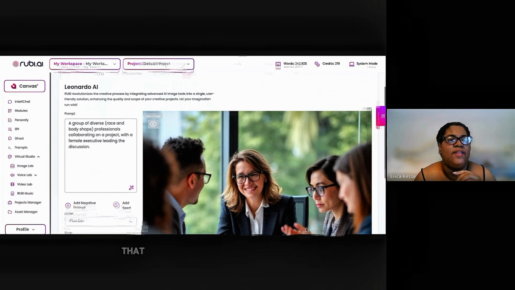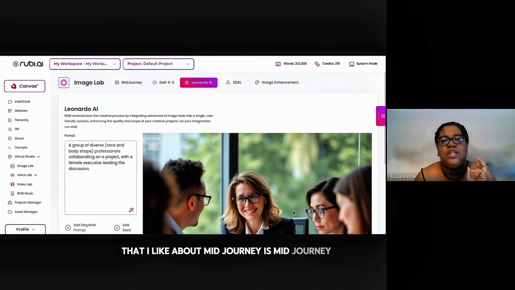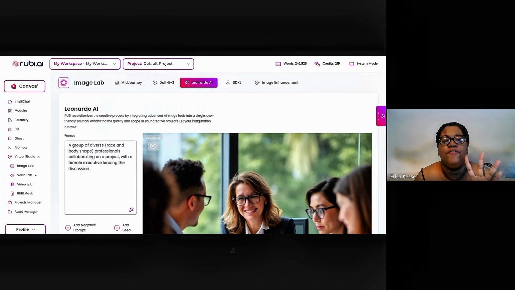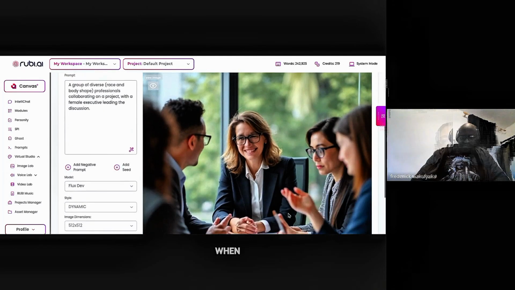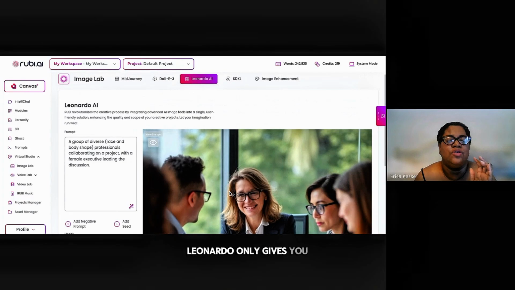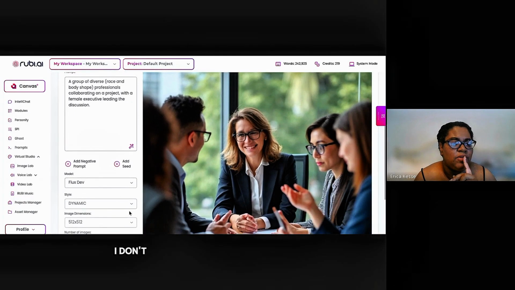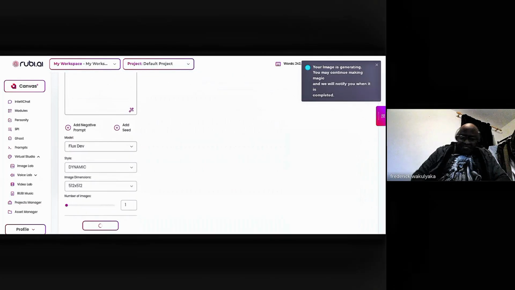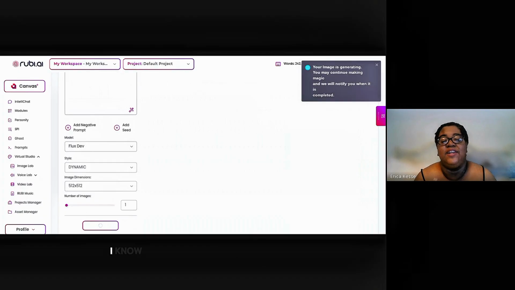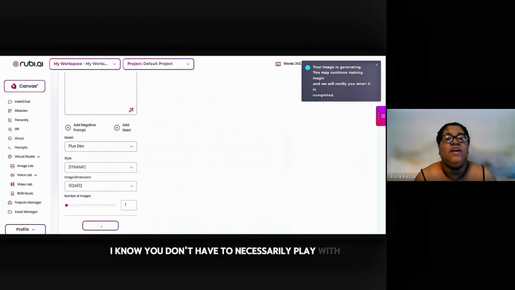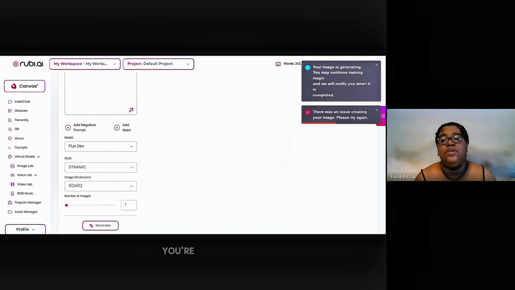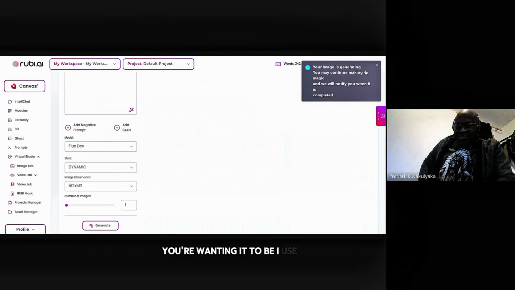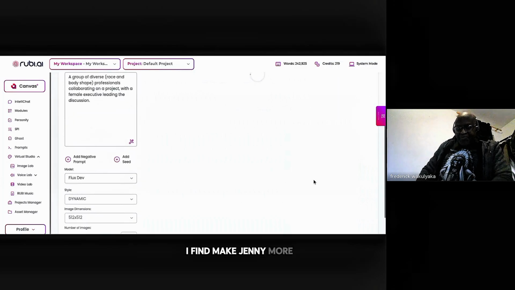Now, one thing that I like about Midjourney is that Midjourney gives you four images, when Leonardo only gives you one, and Dolly only gives you one. So I don't like it. So what I'm going to do is try it again. I know you don't have to necessarily keep playing with this, but of course, when you're creating a newsletter, you're wanting it to be good. I use Midjourney. I find Midjourney more